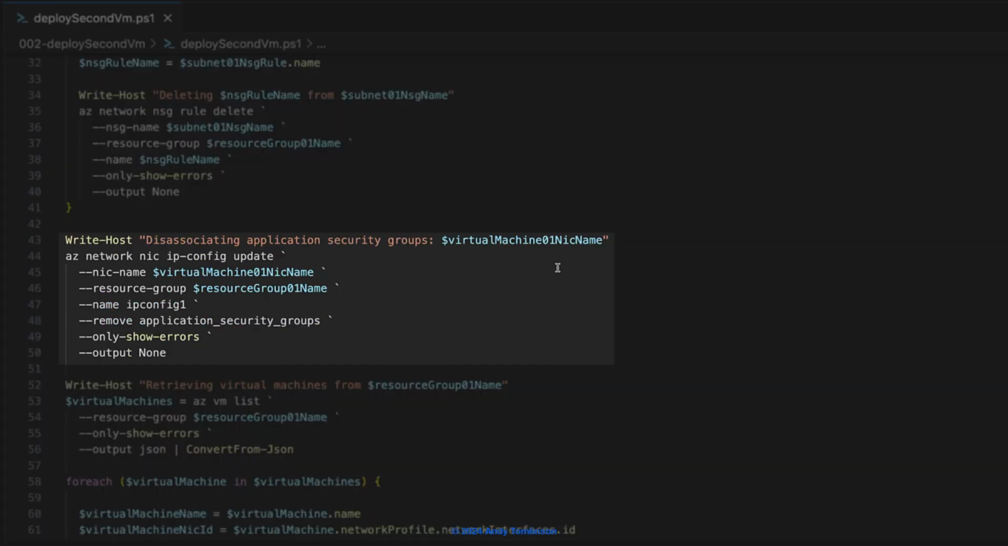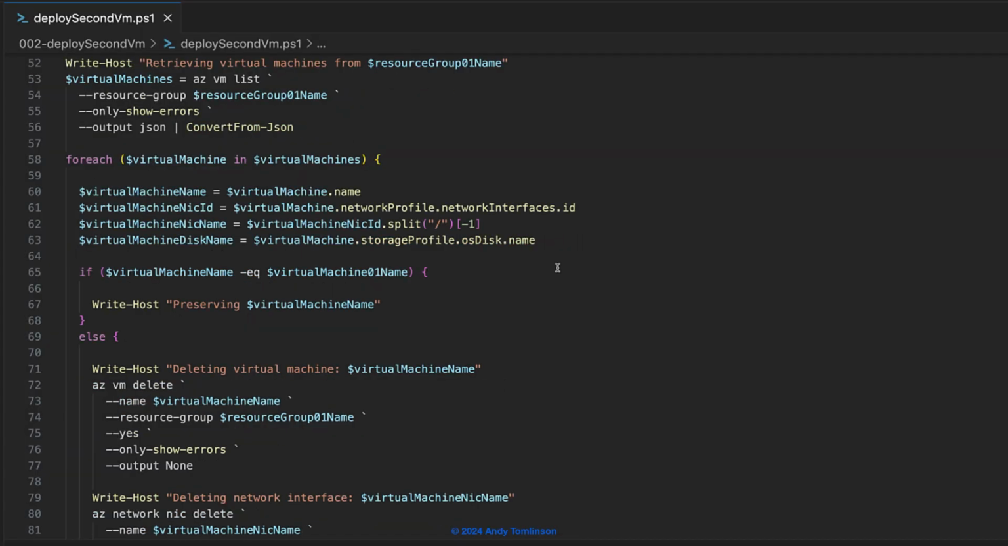Next, we'll disassociate the application security groups from the first virtual machine. This requires the name and resource group of the network interface, along with the name of its IP configuration and the parameter to remove the application security groups. We now want to delete the second and third virtual machines, their operating system disks, and their network interfaces. Again, we could achieve this with 6 individual delete commands, but we already know of a more elegant solution, so